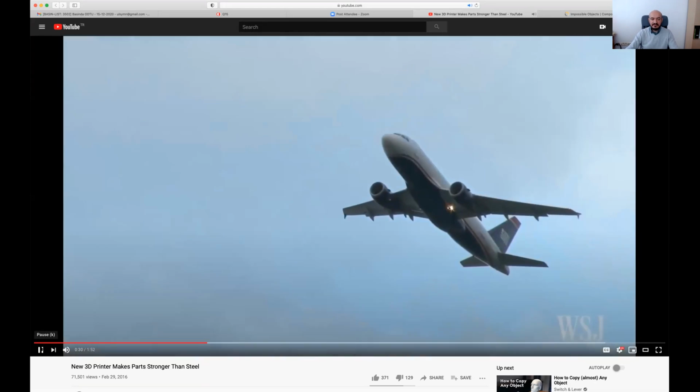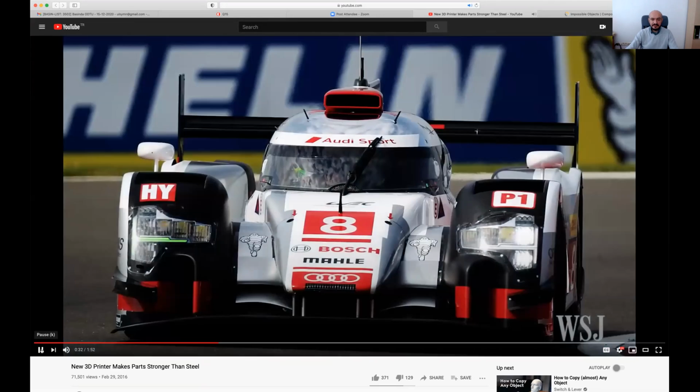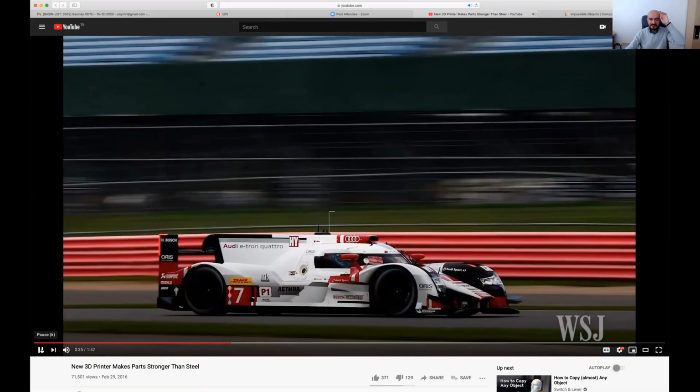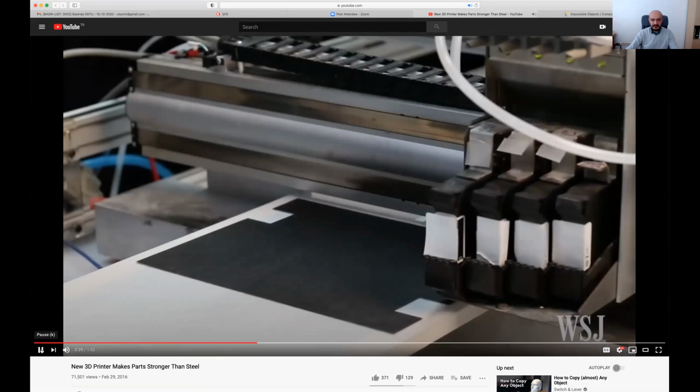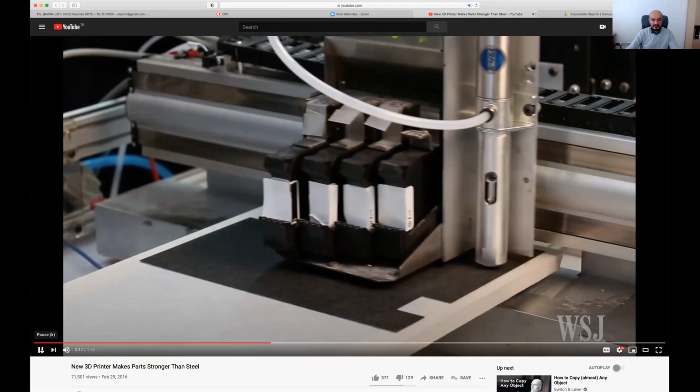Carbon fiber has long been used to build everything from airplanes to race cars, but it is expensive and difficult to work with. The hope is that by creating 3D printers that can produce virtually any object with carbon fiber, we'll find new applications as well as